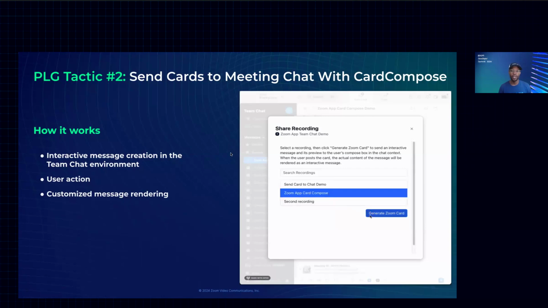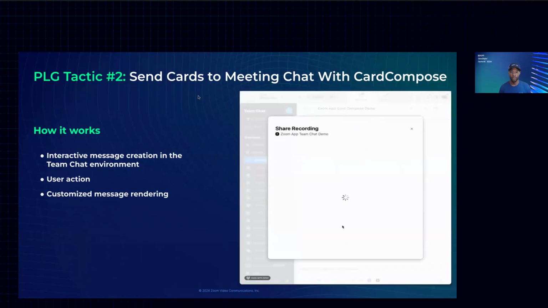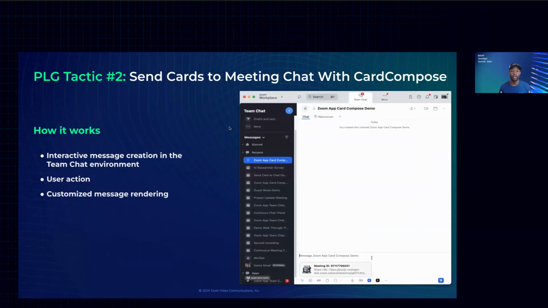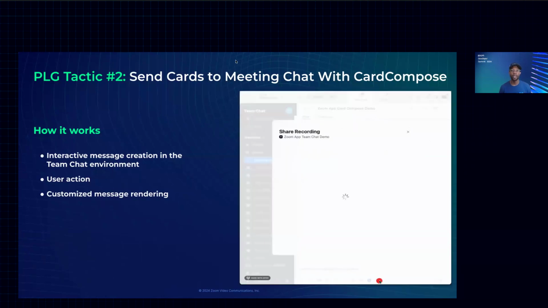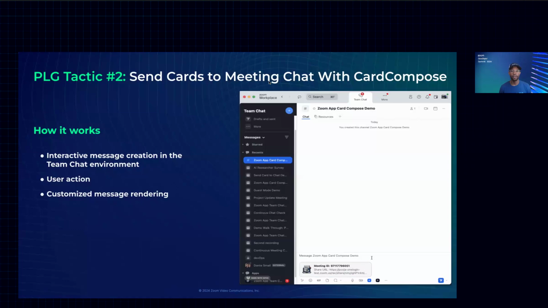This preview keeps everyone really informed and engaged, making it very easy to follow and keep up with all discussion. We see that card compose interactive messages really make communication dynamic and engaging for users by creating a more personalized communication experience. It's a perfect way to enhance communication and make sure that the information is always readily available within your organization's